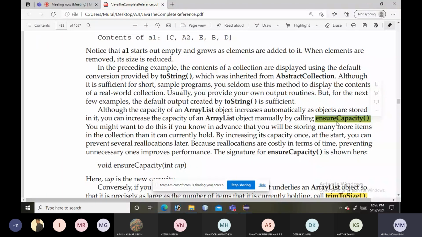So why is ensureCapacity required? Because in the dynamic array concept, each and every time we add an element into the array and delete elements from the ArrayList, the ArrayList gets modified. This means several times reallocation is happening.